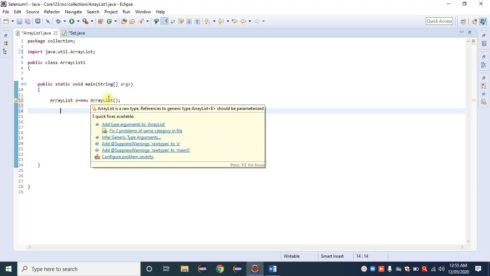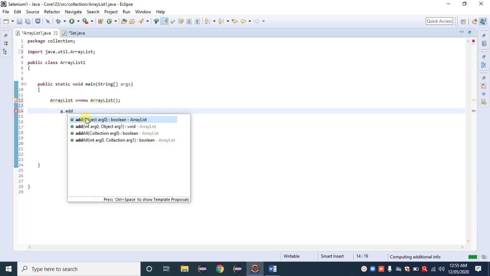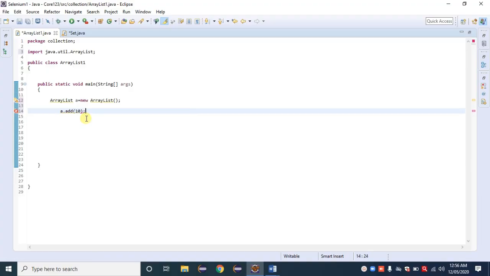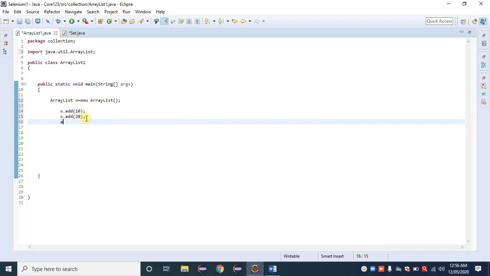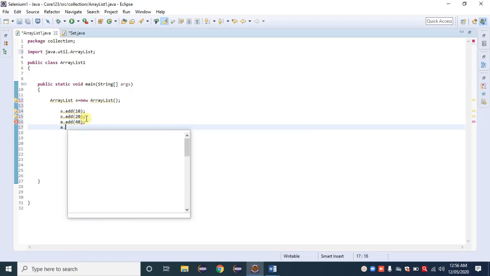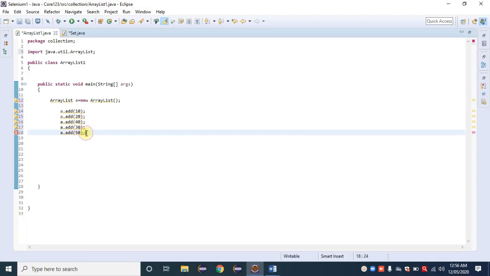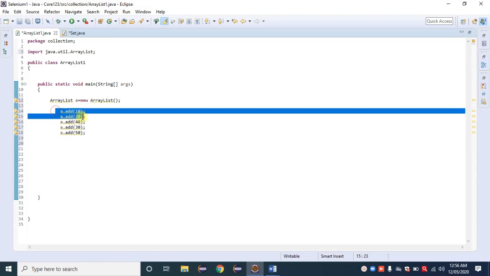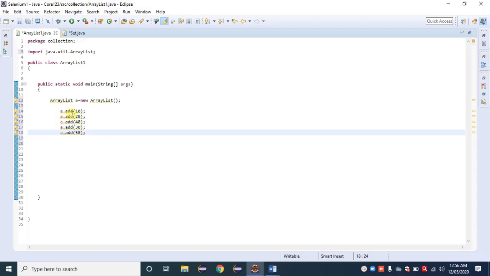Array list is initialized by using the add method. The reference variable name we gave is a, so a.add(10), then a.add(20), a.add(40), a.add(30), and lastly a.add(50), semicolon. This is called the initialization of the array list. We are assigning values.